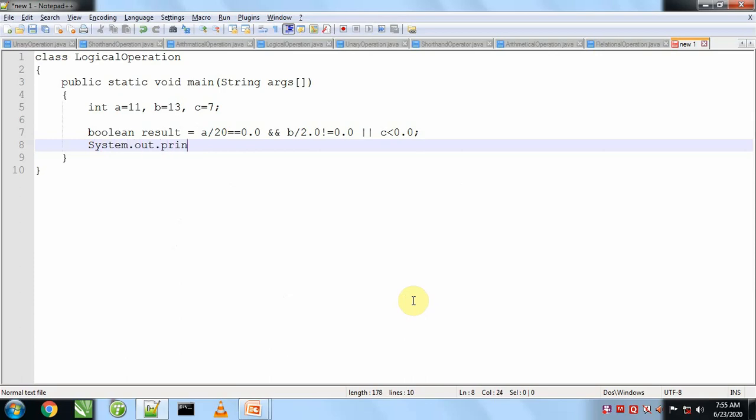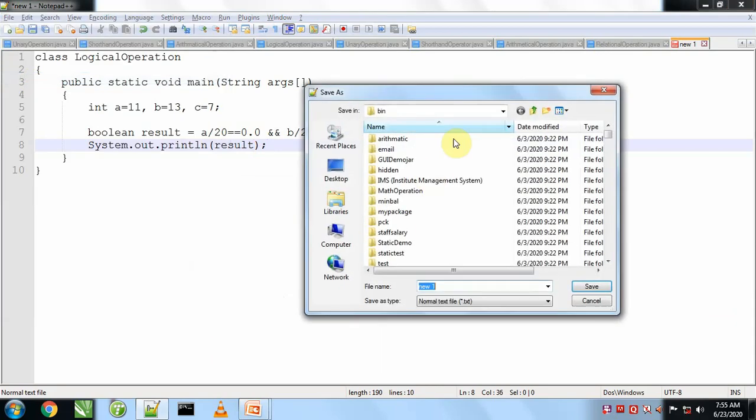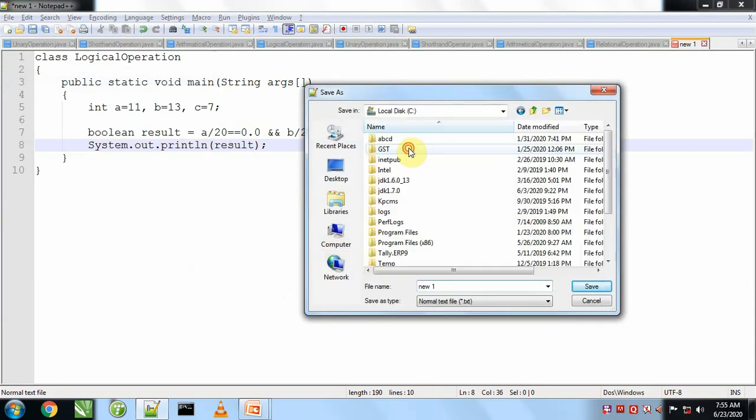Print this statement. We'll go to File, Save, My Computer, C drive, JDK, bin, LogicalOperation.